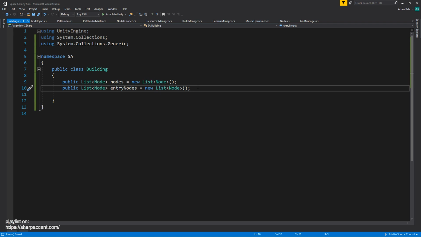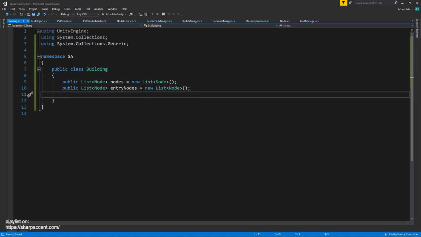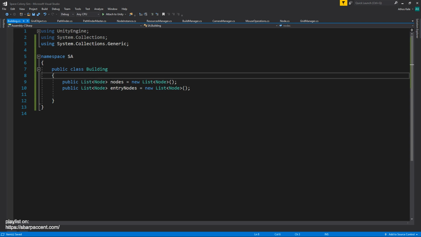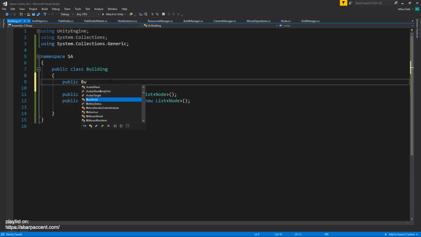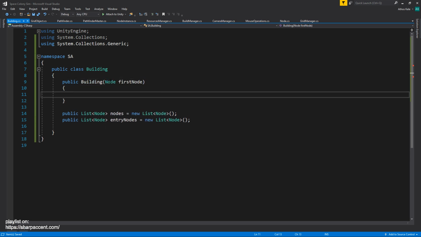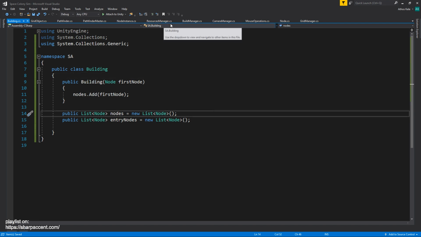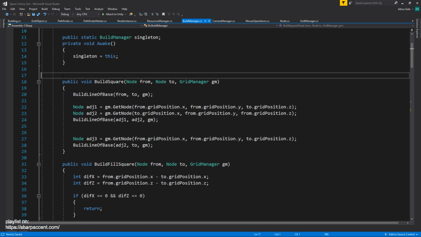Okay, so whenever we are creating a building, we need to have at least one node. Okay, so nodes.Add first node and nothing else, at least for now. Then on our build manager, whenever we are building a node,